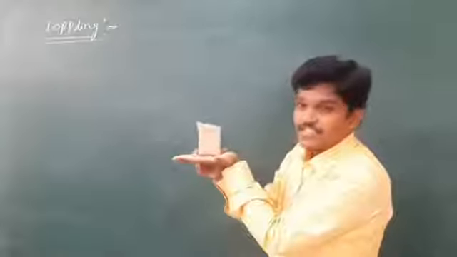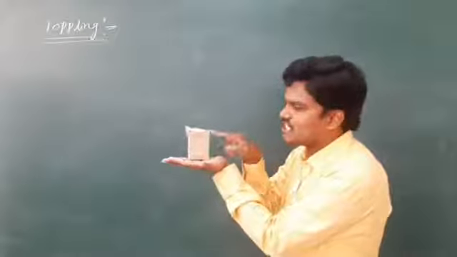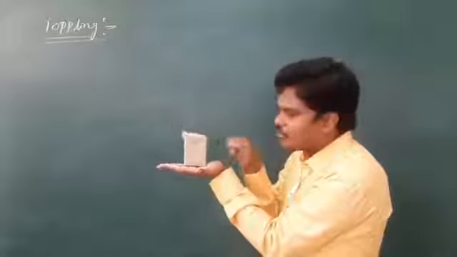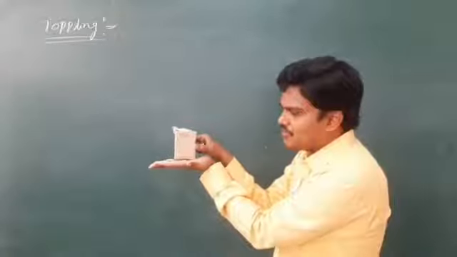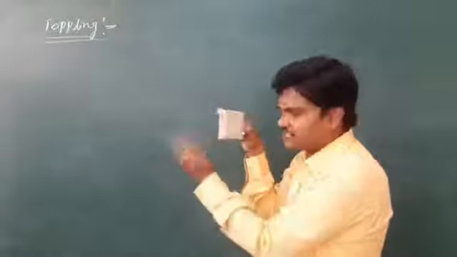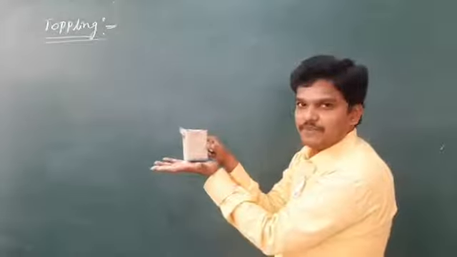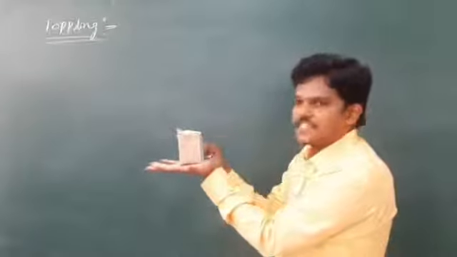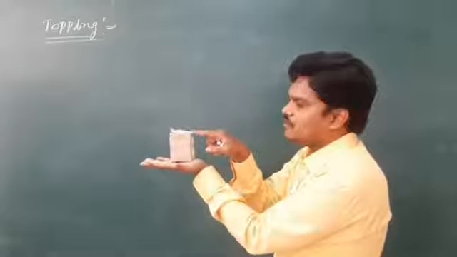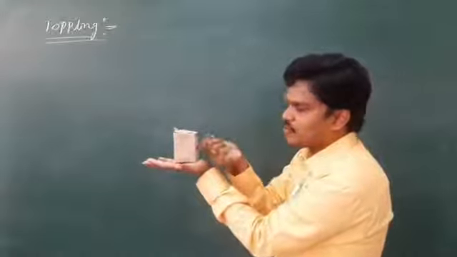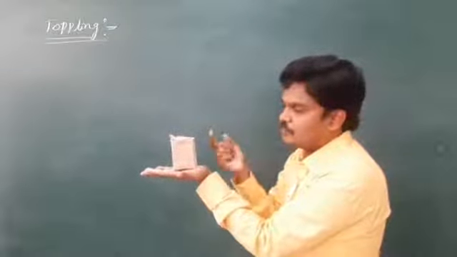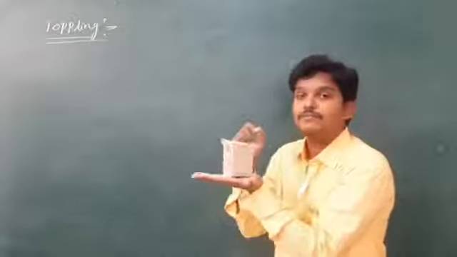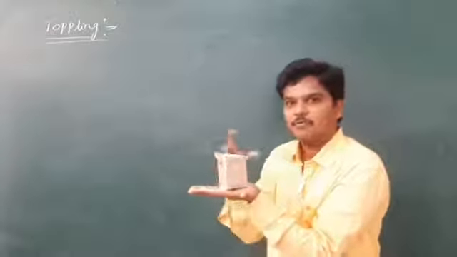Right now the base is very small. Less force is enough to topple this body. Or if I apply a force at the center of mass of this body, then this body will move with some constant speed if the surface is smooth, with sufficient friction. And if I apply a force here at a certain height, then that force is used to topple the body. For easy toppling the base must be least. If the base is more, we need maximum force. Let us see how much that force is.